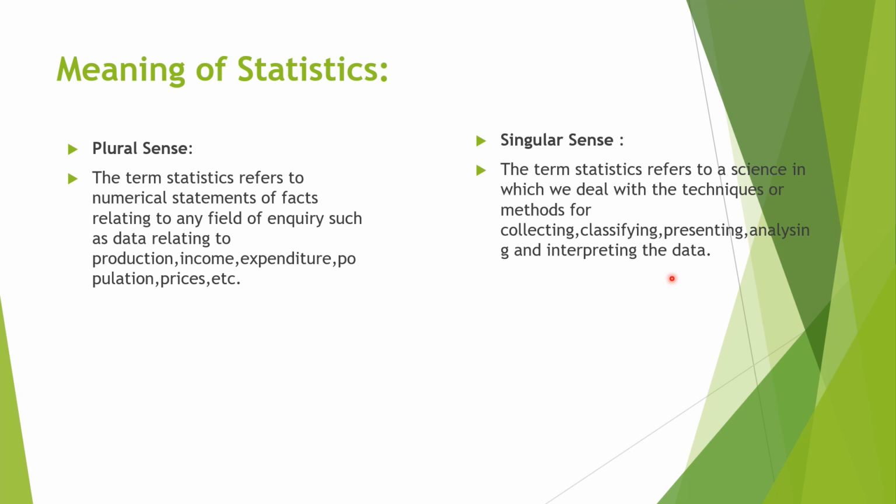So, according to the singular sense, statistics is a science. Statistics refers to a science in which we deal with the techniques or methods used for collecting, classifying, presenting, analyzing, and interpreting the data. So from collection to interpretation,